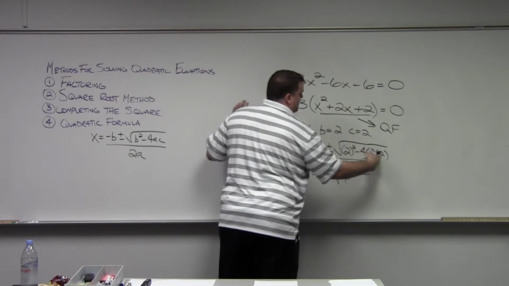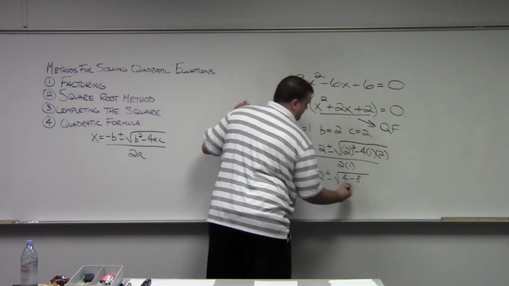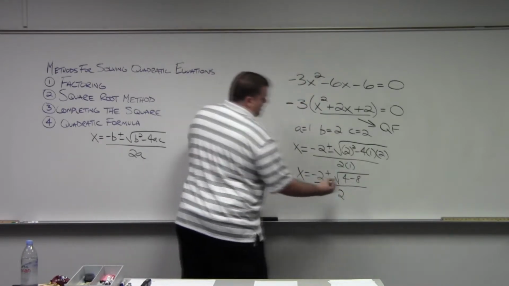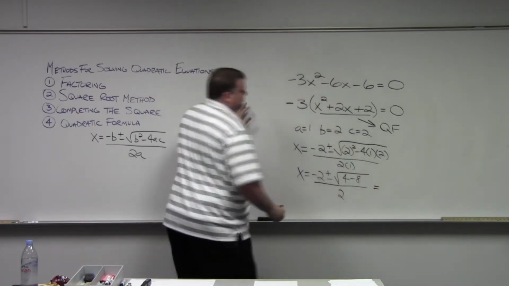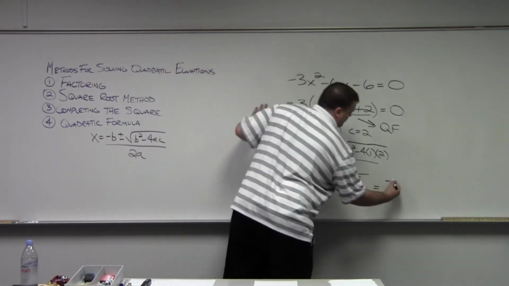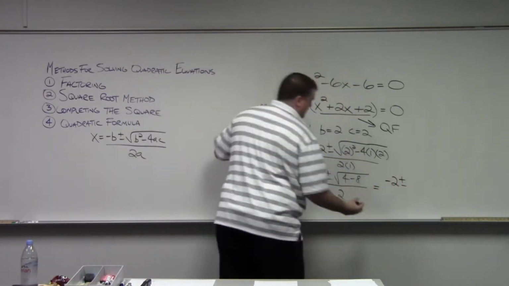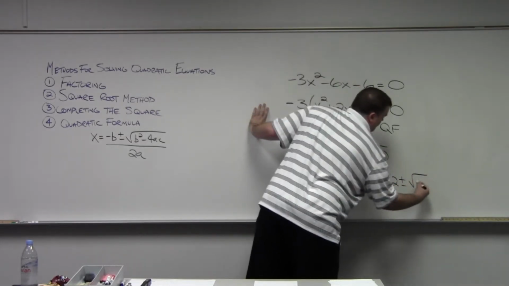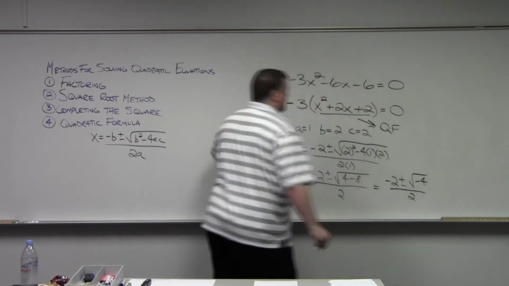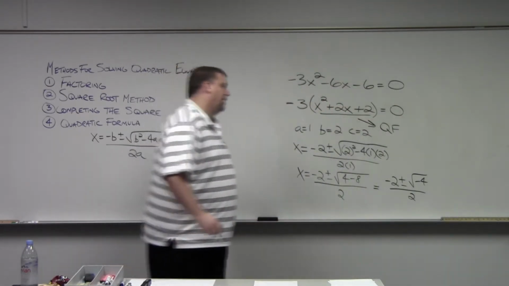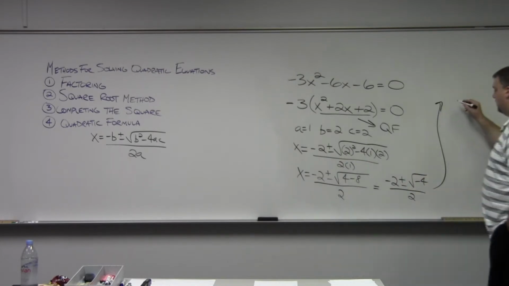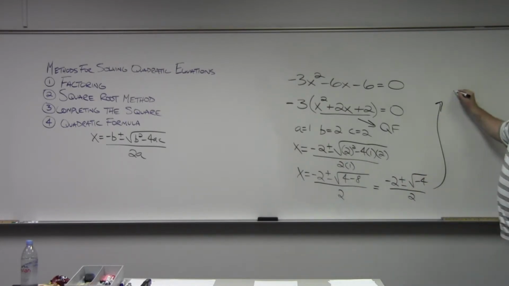Minus 4 times 1 times 2, so minus 8. And what is 4 minus 8? Underneath that radical. Negative 2 plus or minus square root of negative 4. And what's the square root of negative 4? 2i. The square root of 4 is 2, and because it's negative,